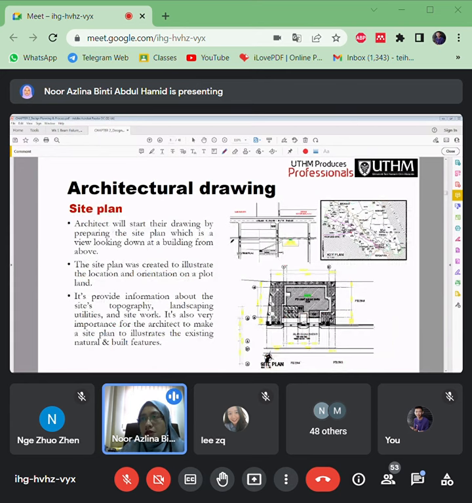Right, ni contoh for the site plan. It's about on topography, landscape, so any utilities or site work. Kadang-kadang you nampak ada landscape kan, ada nampak pokok, lepas ada kolam pula. So this is a site plan here. Kat mana? Dekat Batu Pahat nak buat projek ni kan.